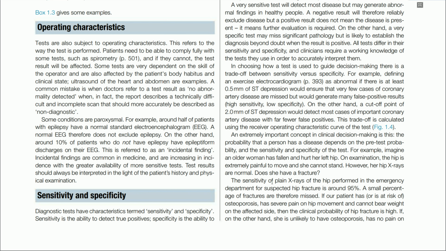The sensitivity of plain x-rays of the hip performed in the emergency department for suspected hip fracture is around 95%. A small percentage of fractures are therefore missed. If our patient has or is at risk of osteoporosis, has severe pain on hip movement and cannot bear weight on the affected side, then the clinical probability of hip fracture is high. If, on the other hand, she is unlikely to have osteoporosis, has no pain on